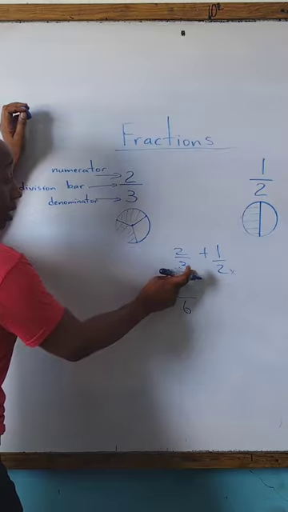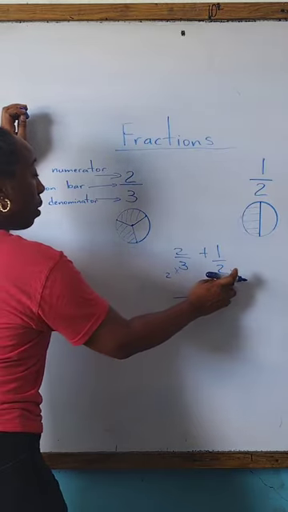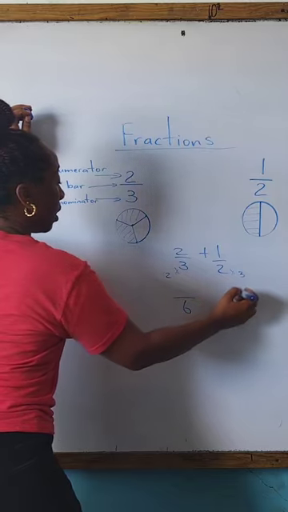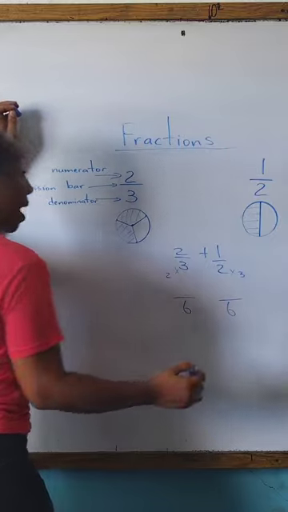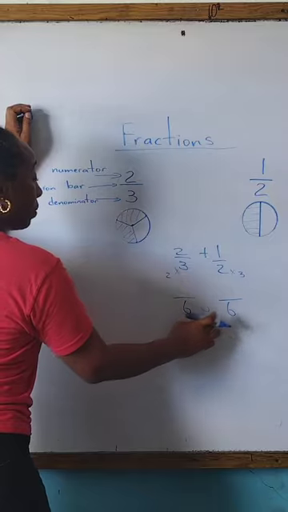So I'm changing my denominator now. The 2 times also has a 6, because 2 1s is 2, 2 2s is 4, 2 3s is 6. So 2 times 3 is what would have given me my 6. So what I found is the smallest number that both 3 and 2 have in common, which is telling me